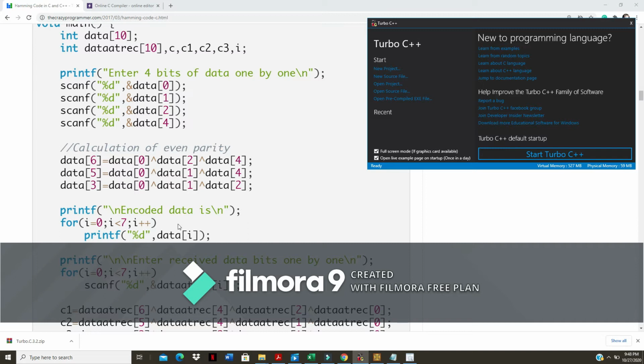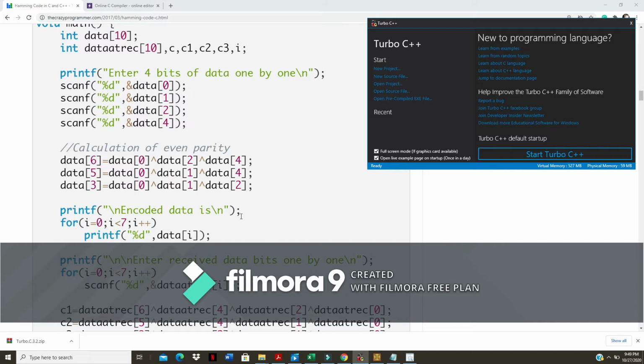Okay, so in the Hamming code it is going to add some redundant bits. Why are we going to add redundant bits? Because we are going to use those redundant bits at the receiver side for doing the error detection and error correction. So we are going to introduce an overhead. Now, as per this program, it is from i equal to 0 to 6, so totally there are 7 bits in my encoded data, but in my input I have only 4 bits. So what is the redundancy you have introduced? We are adding 3 more bits.